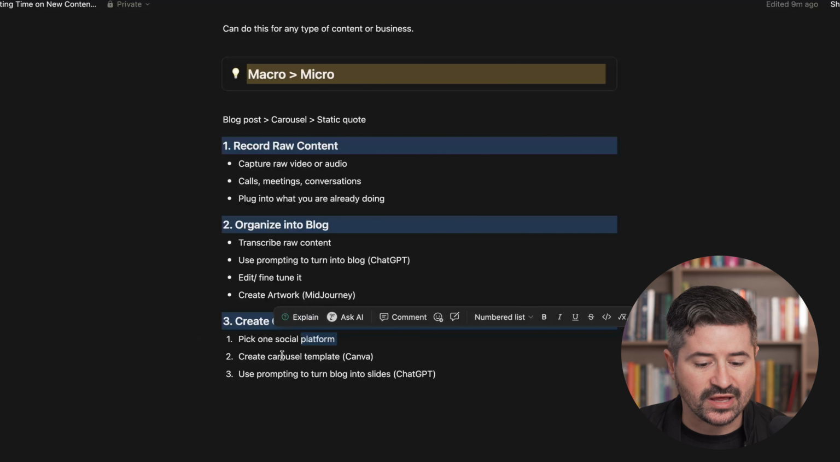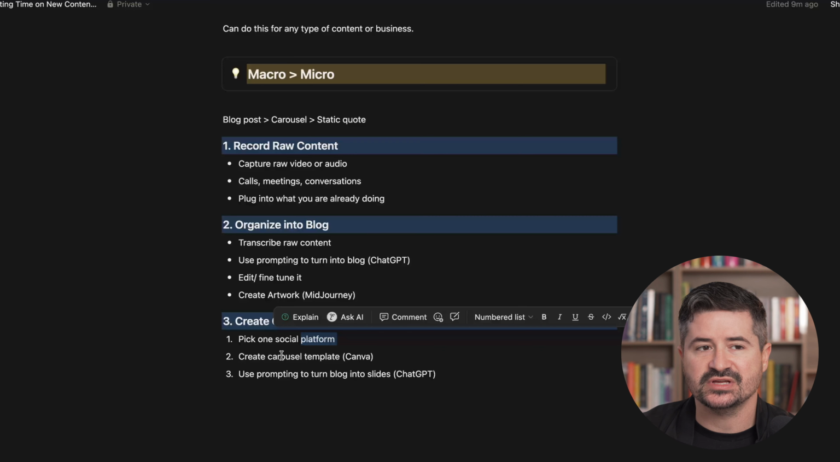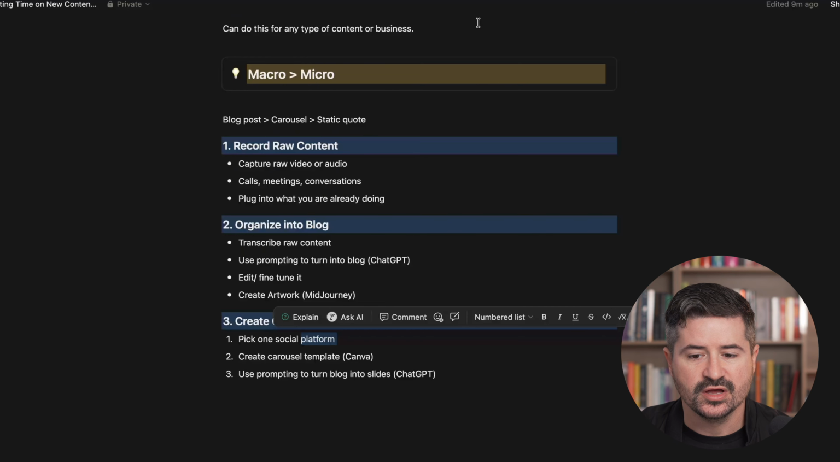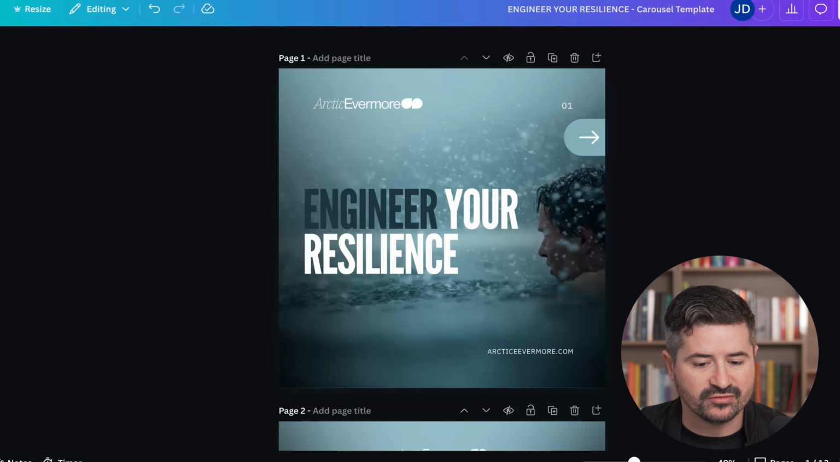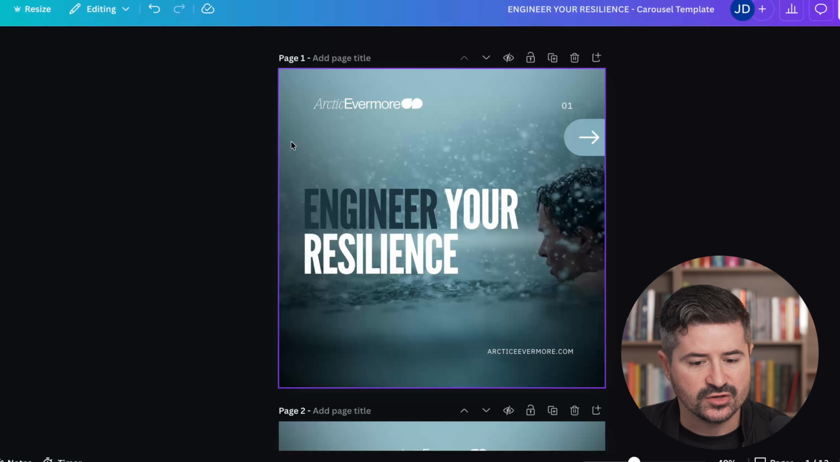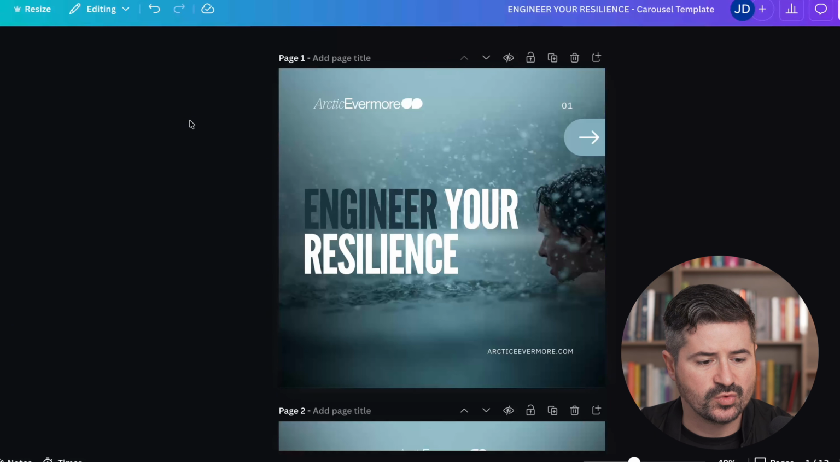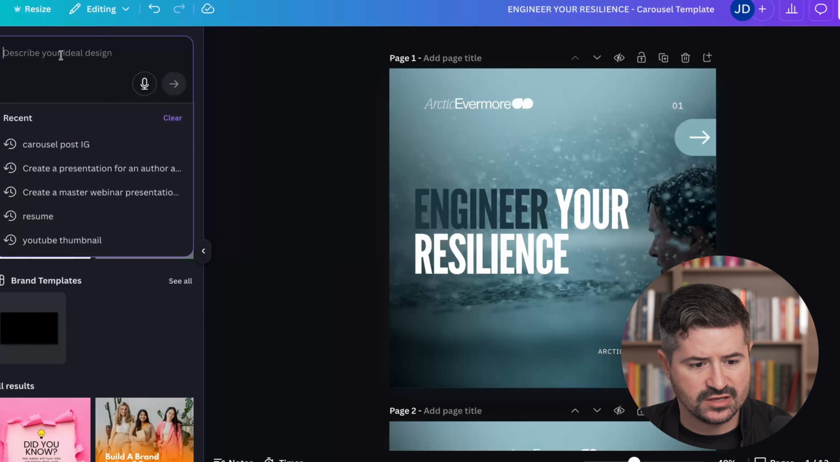Now we're going to create a template. The first time you do this, it's going to take a little bit longer, but you're going to make a template that you're going to use for all of the content in the future for the next 3, 6 months to a year. So we open up Canva. I've already created a template. So the way that you're going to do this is you're going to pick an Instagram square. You're going to go to design in Canva and say